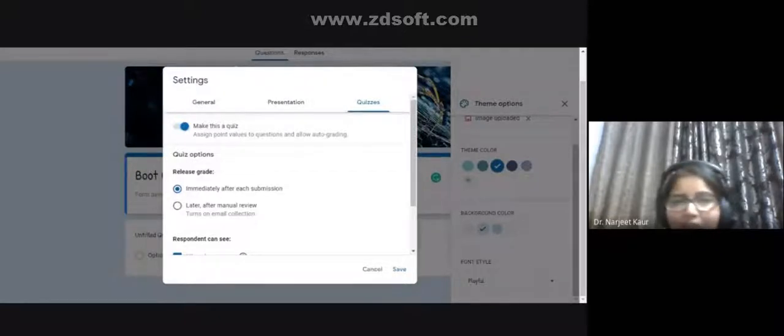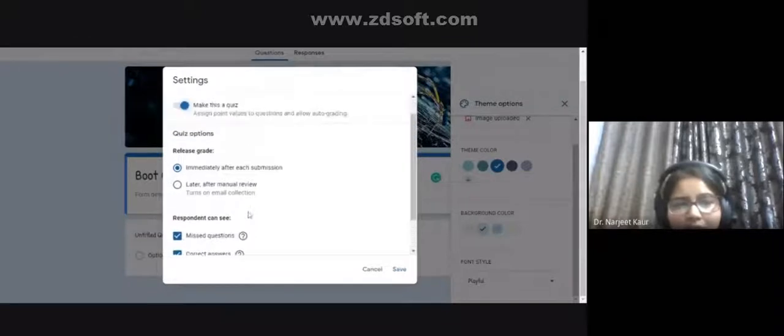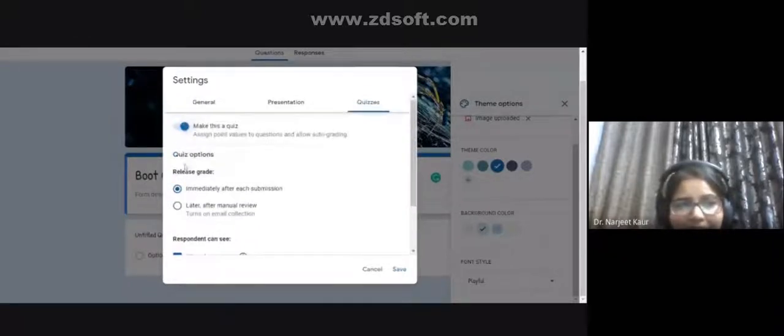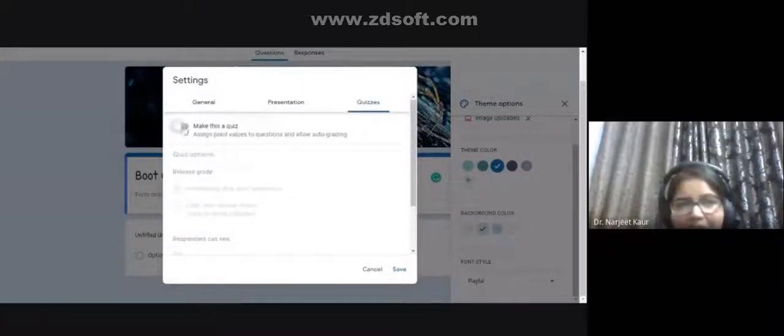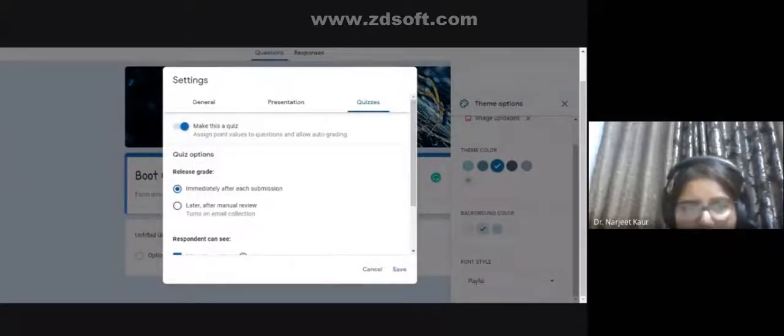It will allow you to assign different options also. See, the moment I clicked it on, there were so many other options that got highlighted. If I put it off, none of them are getting highlighted. So let's make this form a quiz and then we will go through the next options that are here. It gives you a lot of auto grading options also, and it is a very, very nice thing for any teacher if they do not have to check a lot of things and the form does it on its own.